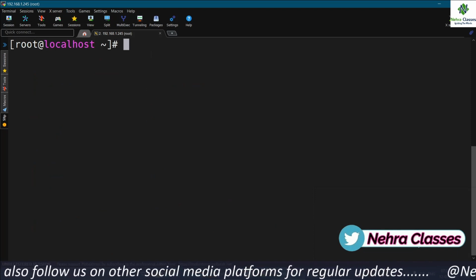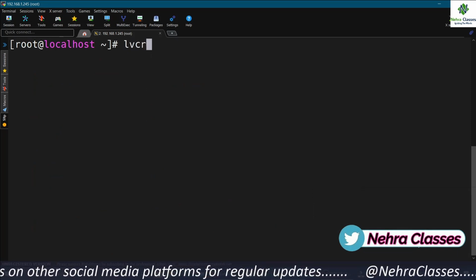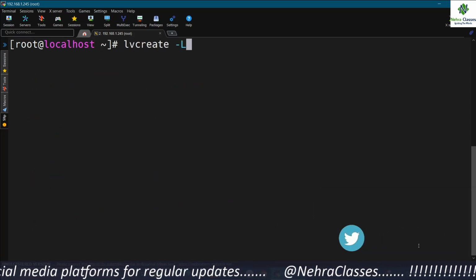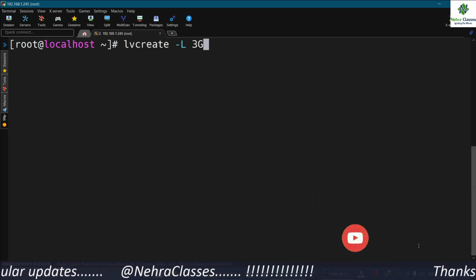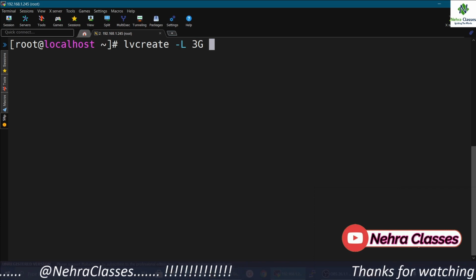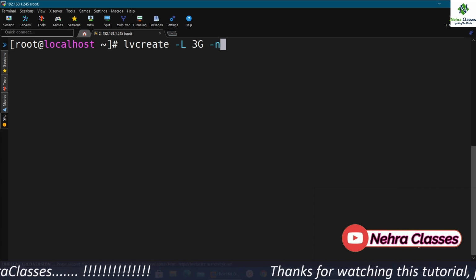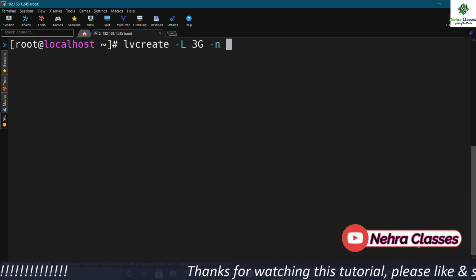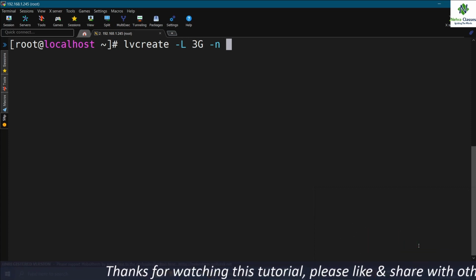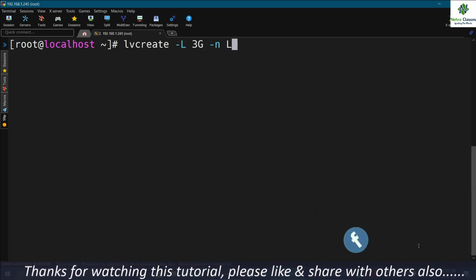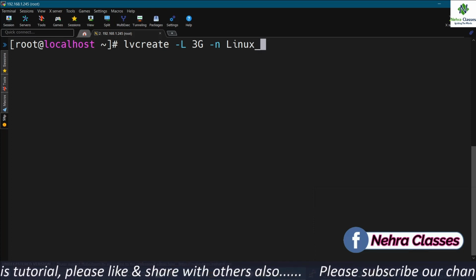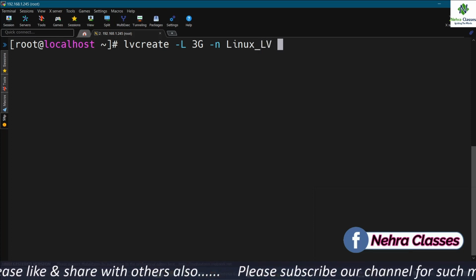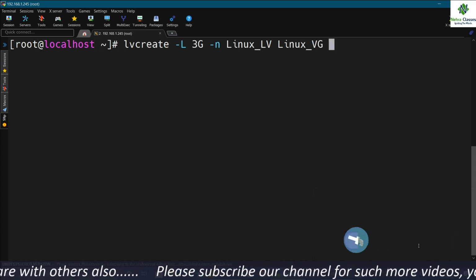Now we are going to create the LVM. So we will execute the lvcreate command here, lvcreate -L, and after that you can specify the size. I want to create the LVM of 3 GB, so I will mention 3G here. After that I will mention -n, and then I can assign the name to this LVM, and let me mention the name as linux_lv, and after that we can mention the volume group name.